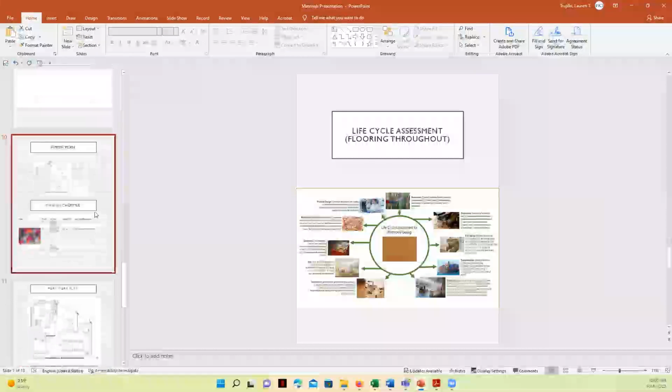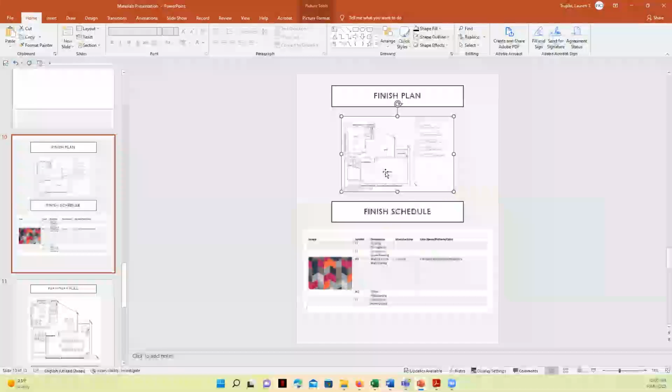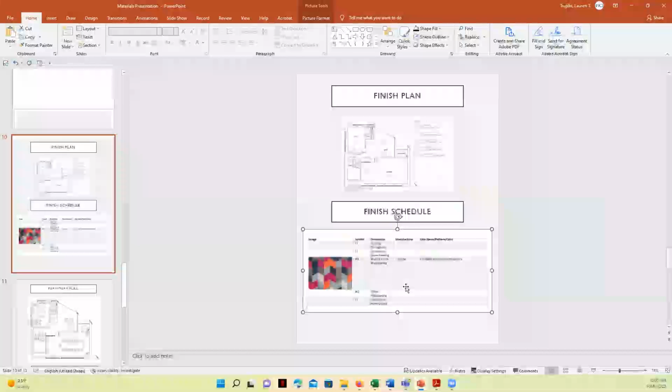As we move forward, you can see a series of 3 drawings here at the end that are really communicating primarily to the design team because they're introducing technical information about, for example, here, the finish plan that shows where finishes are going to go and information about the finishes themselves.